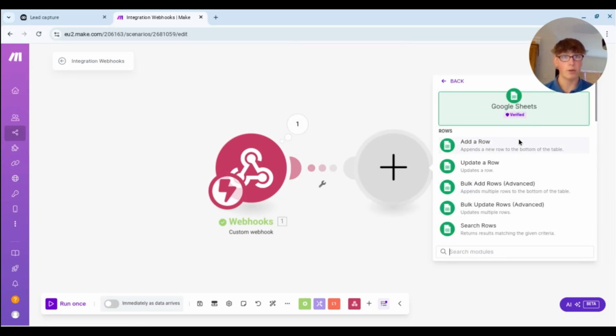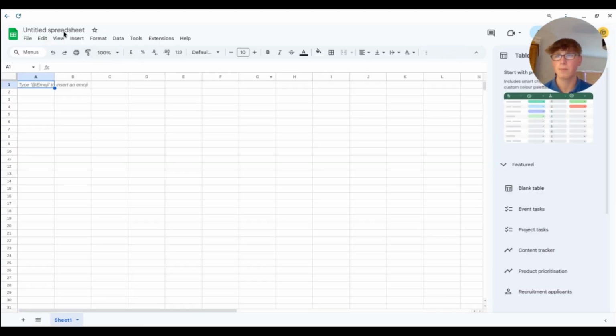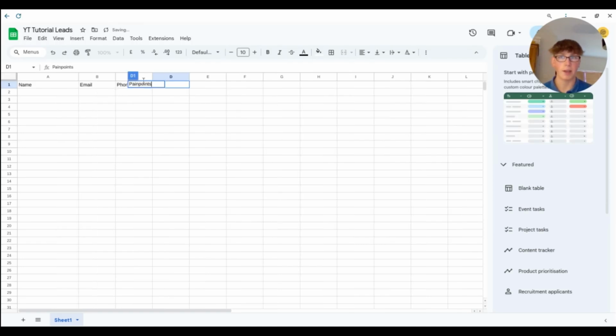So Google Sheets, we are going to add a row onto a Google Sheet, and I think I have created a new spreadsheet, untitled spreadsheet. So we're going to call it YouTube tutorial leads. Sorry, got a new keyboard, so I'm getting used to typing on it. And we're going to essentially add our headers in here. So we're typing name, email, phone, pain points. Beautiful. So obviously I've only added a couple data points that we're collecting,